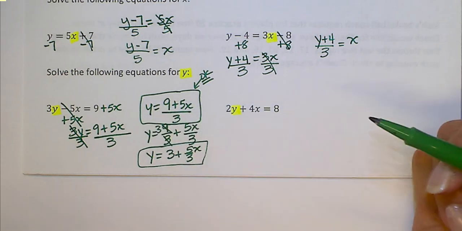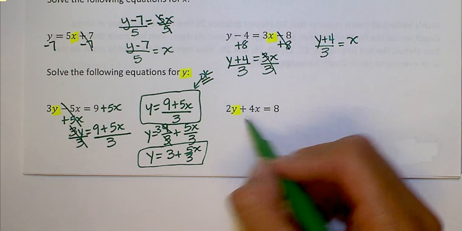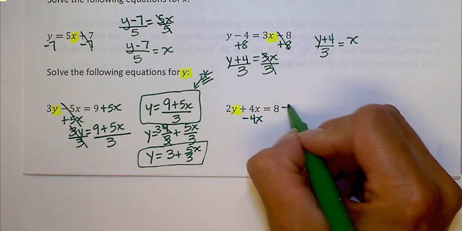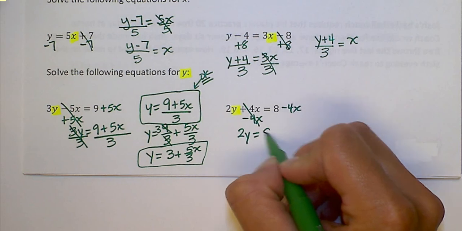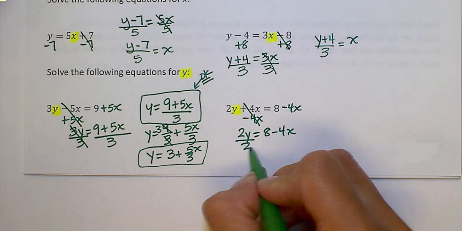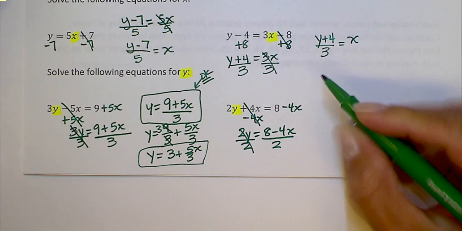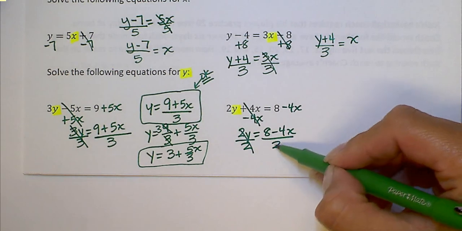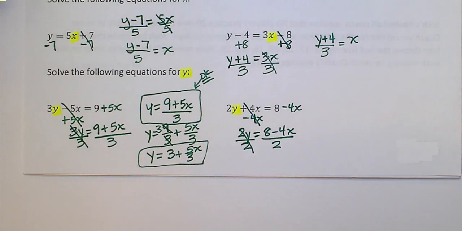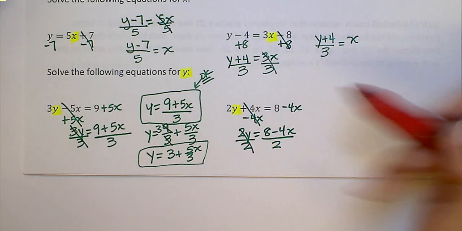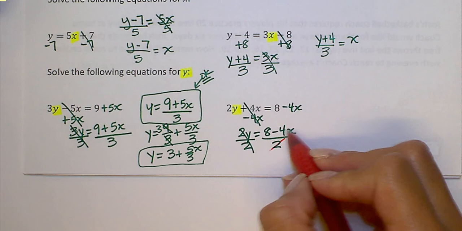Now the final equation, let's try this one. When I subtract 4x, I get 2y equals 8 minus 4x. But this time, when I divide by 2, I can divide both of these by 2. So all of these will cancel out. Now, if you can divide everything by 2,